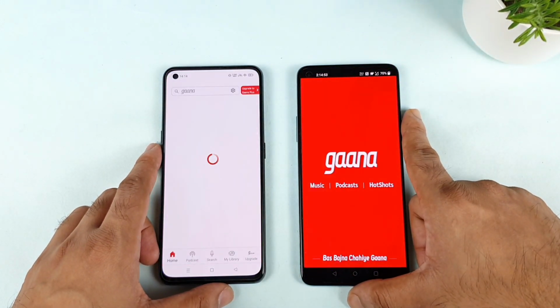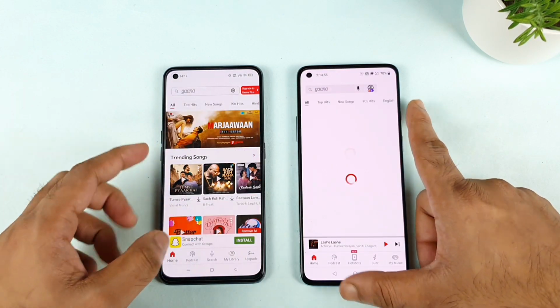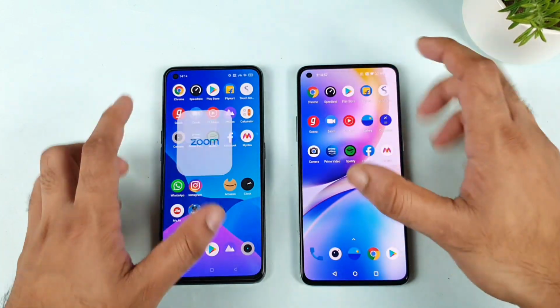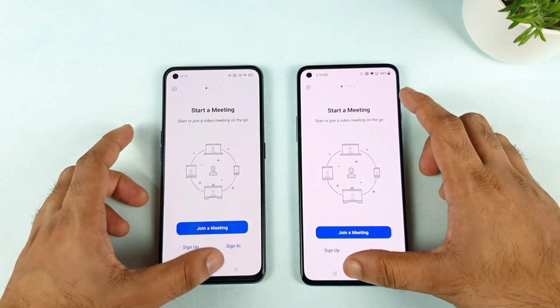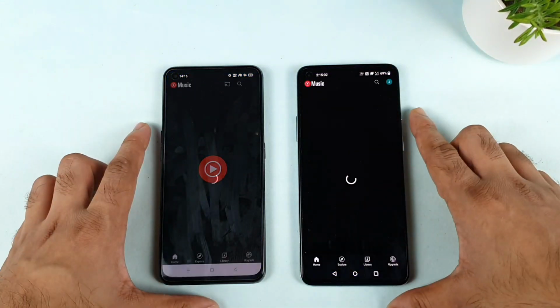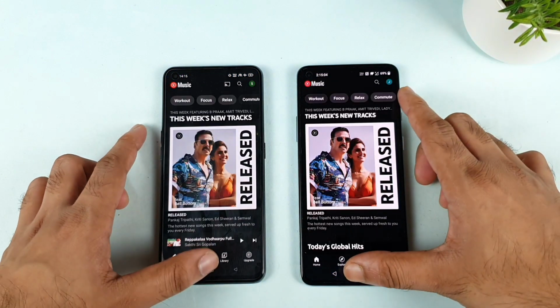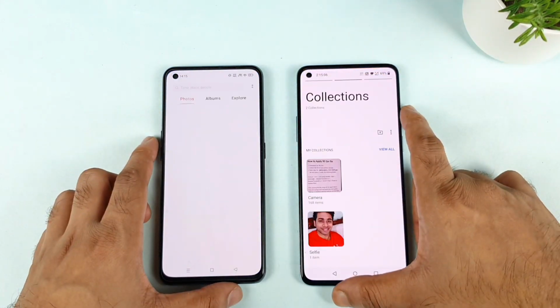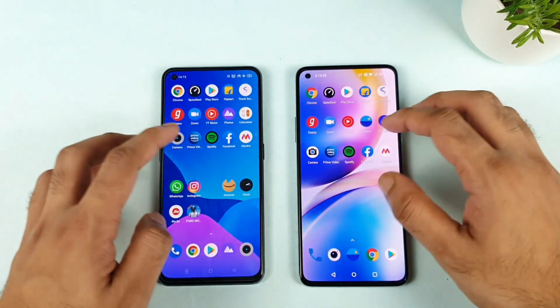Ghana. Not bad, the Realme X1 Max did open faster than the OnePlus 8T. Both phones are connected to the same Wi-Fi connection. There's nothing much difference in terms of the Wi-Fi connection at all. The speed should not be different. But Gallery, no issues. In terms of opening speeds, nothing much difference.